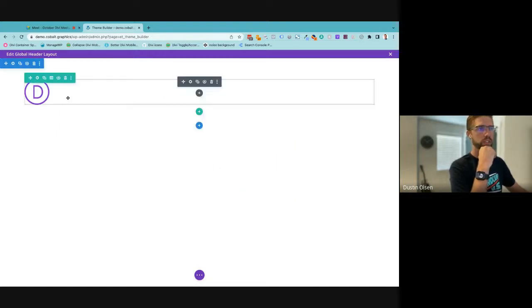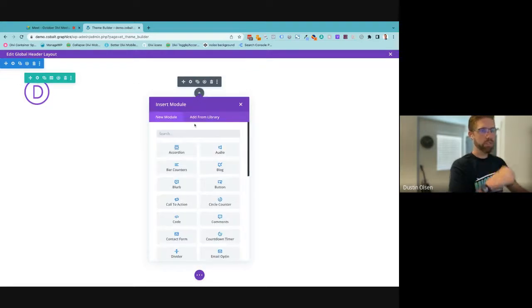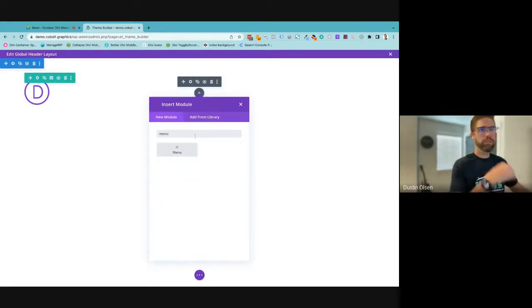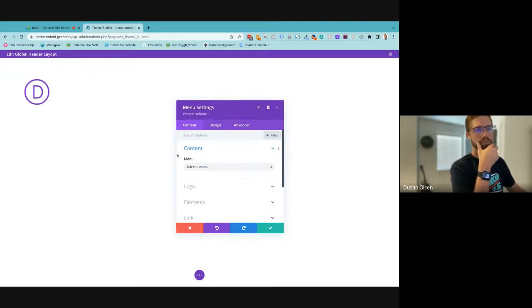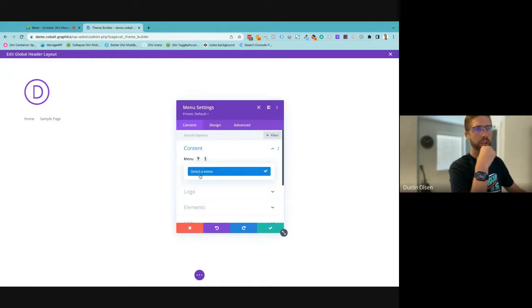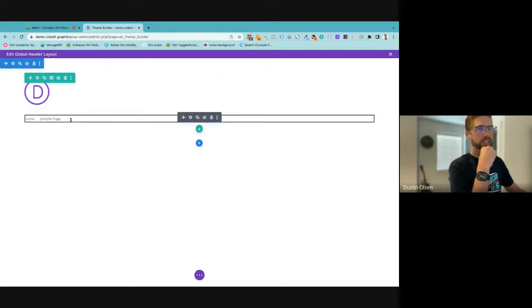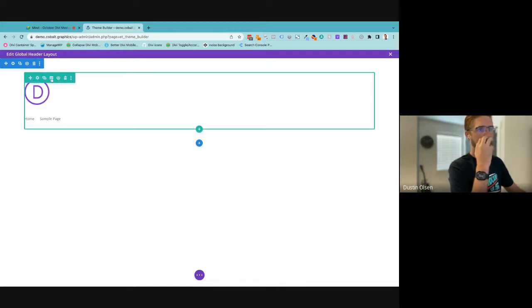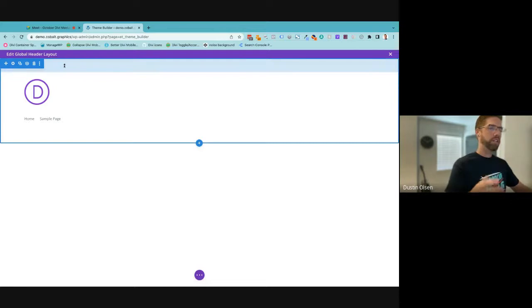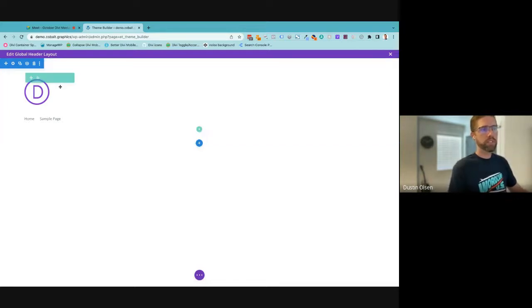So that's what I'll do. And then I'll add another module, and I'll just search for menu. And this is the website menu. I don't have one created right now, but I can select any menu I have from here. Okay. So I've got that set up, and this is where things probably start to get a little more advanced,